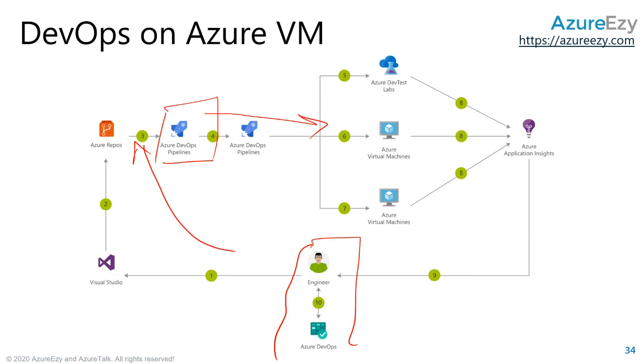You must be aware of the virtual machine concept, but in a real-time scenario, this virtual machine might be getting created by infrastructure engineers or Azure administrators, and then they just provide you the endpoint where you need to publish your application. As soon as you publish your application, it is loaded. People can use it. If it is an internet application, then people can use it from the internet.